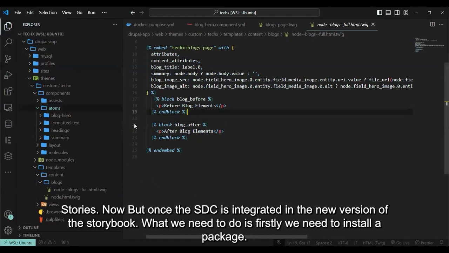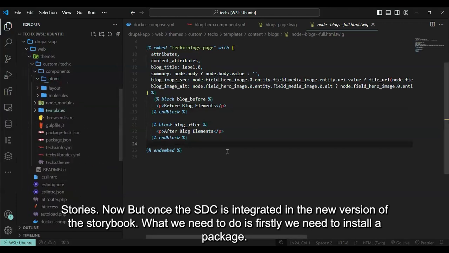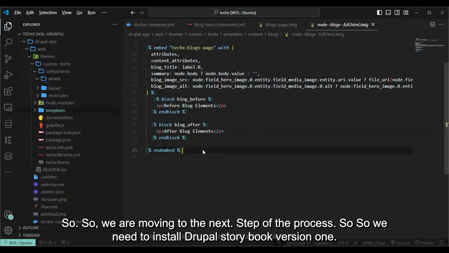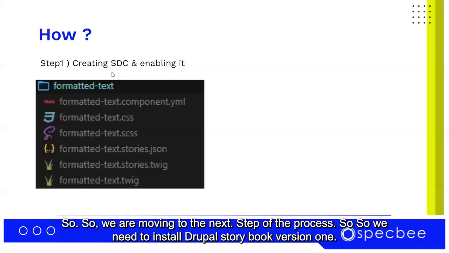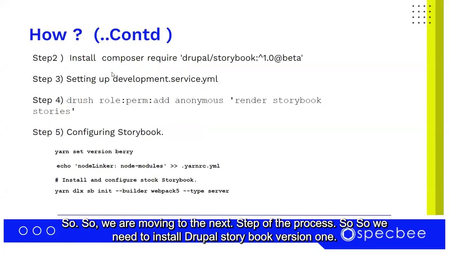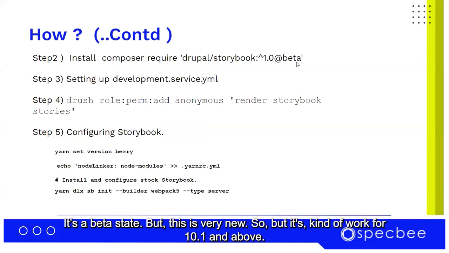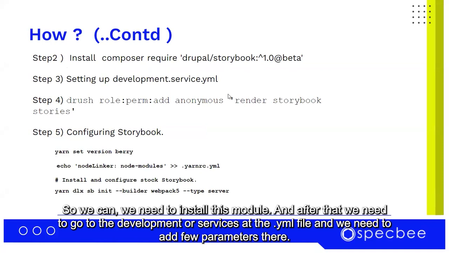Now once the SDC is integrated in the new version of Storybook, what we need to do is, firstly, we need to install a package. So we are moving to the next step of the process. We need to install Drupal Storybook version 1. It is in beta state, but this is very new. But it works for 10.1 and above. So we need to install this module, and after that we need to go to the development